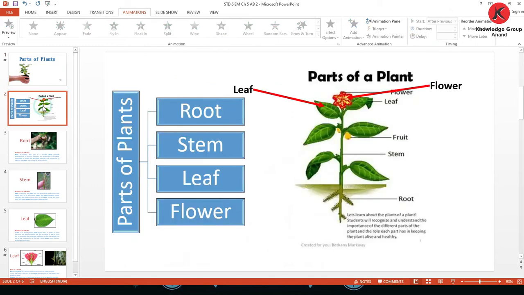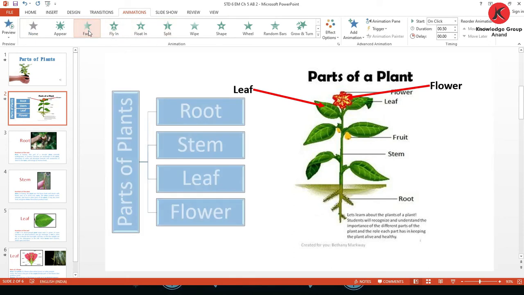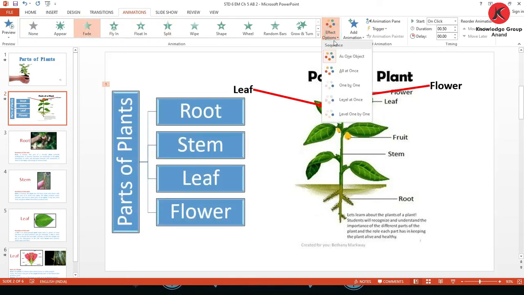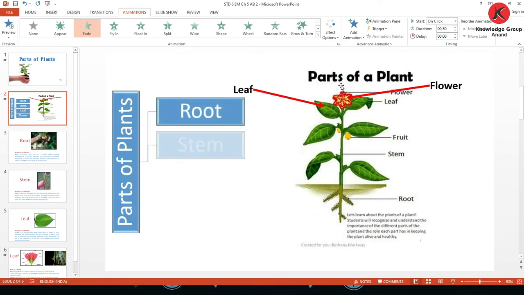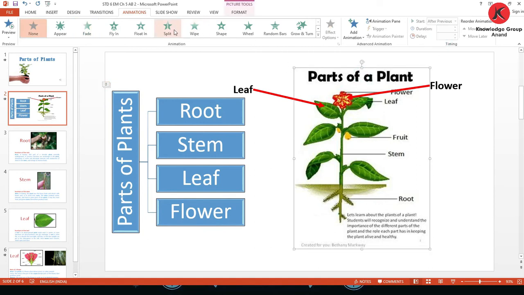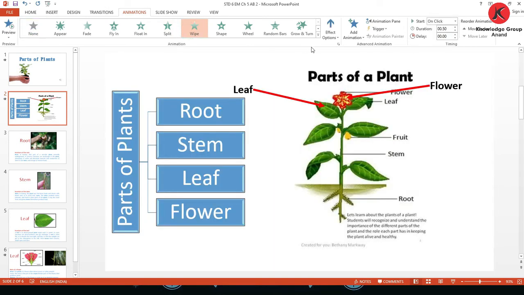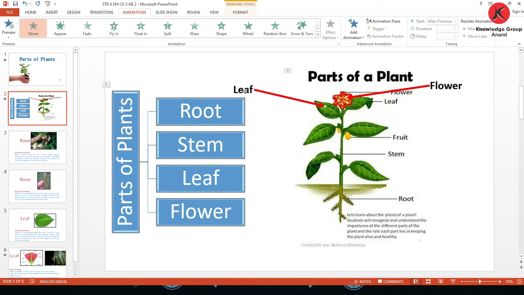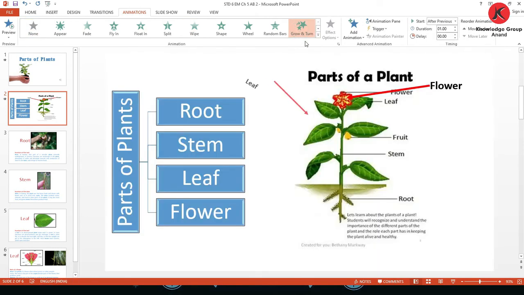Okay, now the second one, first we will select this one and then go to fade in, but it should not be all at once, it will be one by one like this. But everything should be after previous, which means it will play automatically. Now next this image should be displayed, so wipe. Okay, and then it will be after previous, and select both and this one.